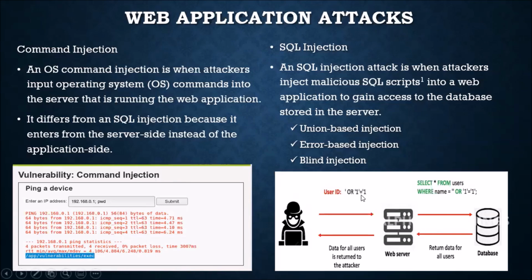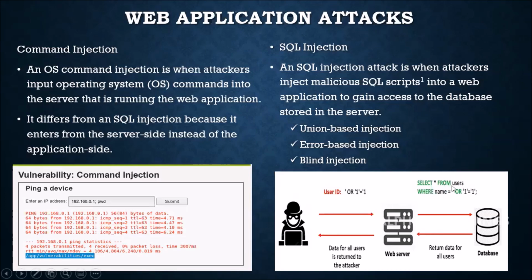So the database will have tables, and every table will have columns. So when an attacker sends an input like this, the database will get confused and start throwing the contents of the database. So if I put 2 equals 2, it will throw the contents of the second column. So, select star from users.